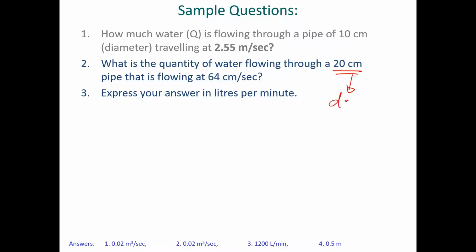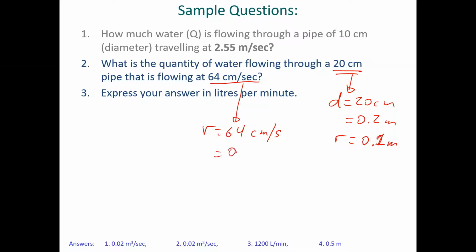So that means our diameter is 20 centimeters, which is 0.2 meters, and our radius is 0.1 meters. Hopefully that looks like a 1. Trying to make this look neat. 64, so our velocity is 64 centimeters per second. Converting that to meters per second, that's 0.64 meters per second. I'm just dividing that by 100, okay? We need to figure out our area again, and so area equals pi r squared